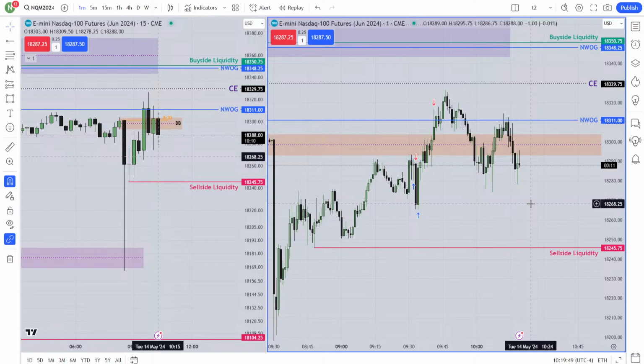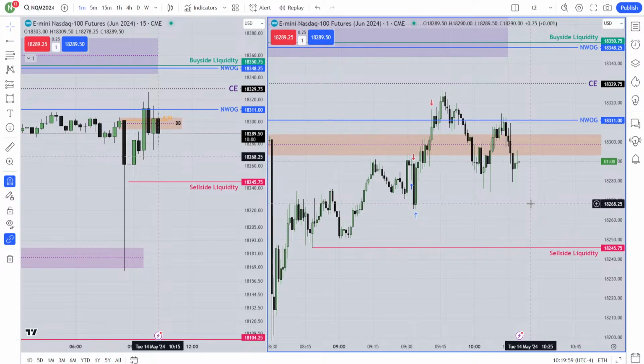So you trade on silver bullet. I trade on session. My session starts from 9:30 and ends around 12. The PM session starts from 1 p.m. and ends around 3:30 or 3:45, any of this level. So I trade inside the session. I don't see the silver bullet specifically. I try to trade within this session time. That's all, brother.